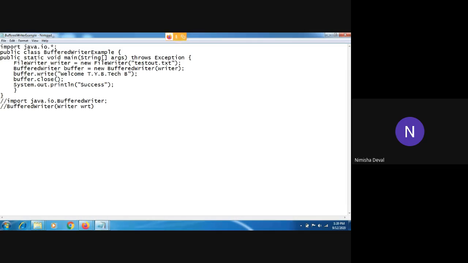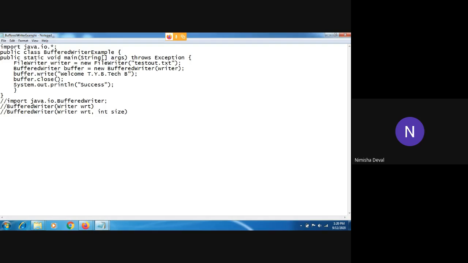The use of this constructor is to create a buffered character output stream that uses the default size for the output buffer. Okay, and another constructor is the second constructor. It will have two parameters.